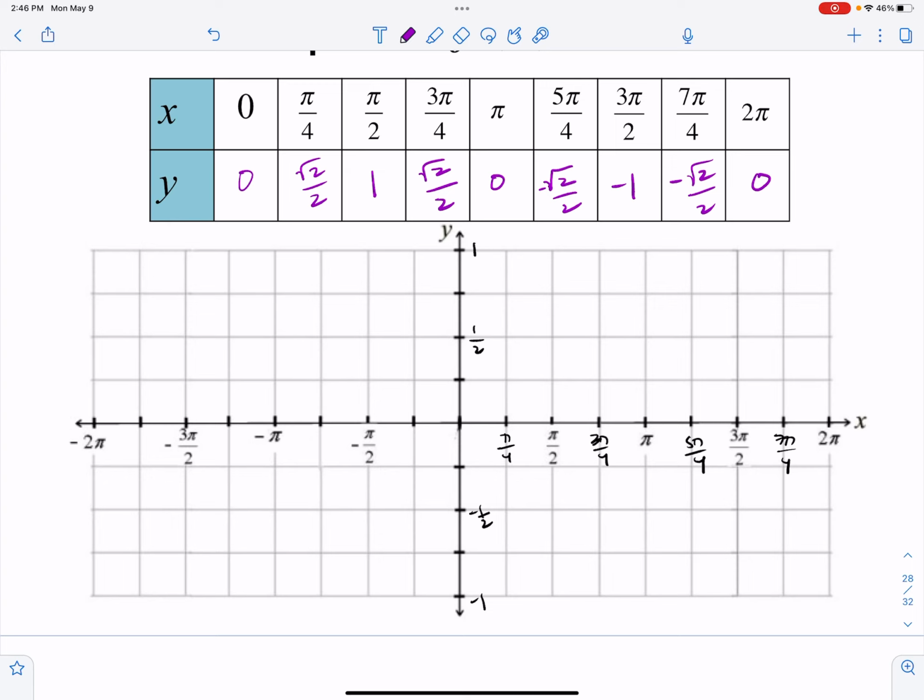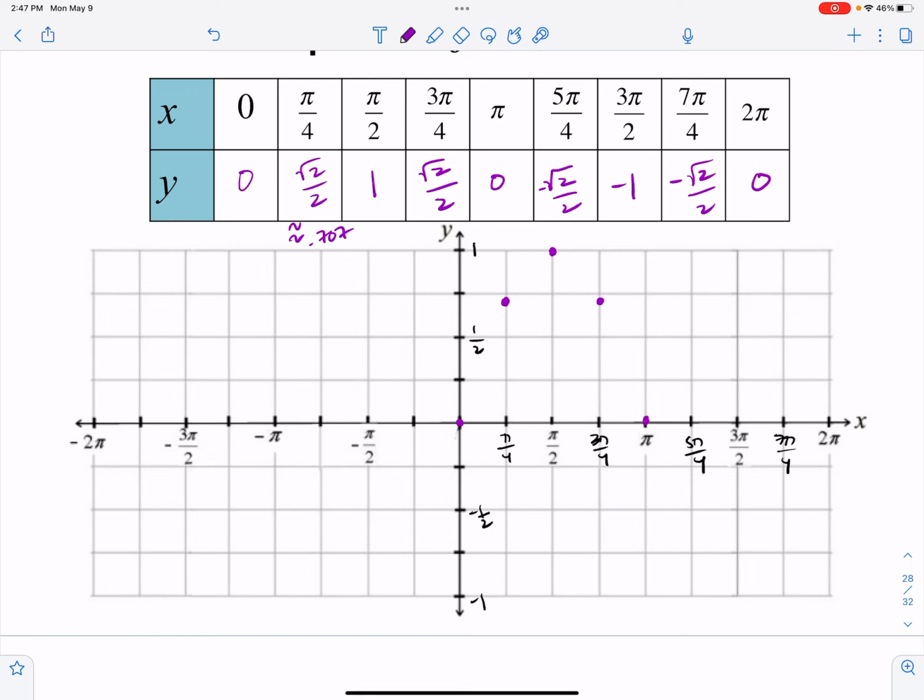Okay, and then root 2 over 2 is approximately 0.707. So just under there,